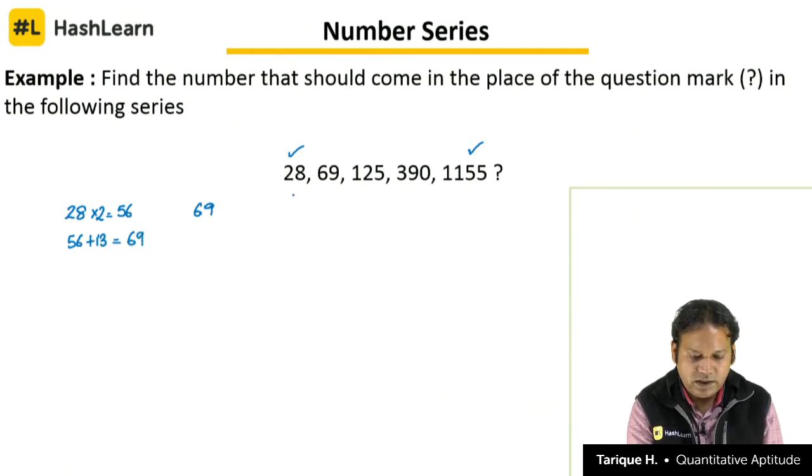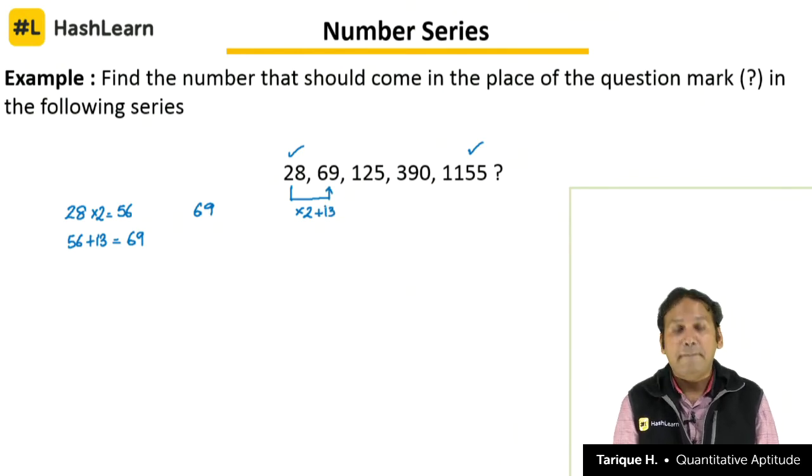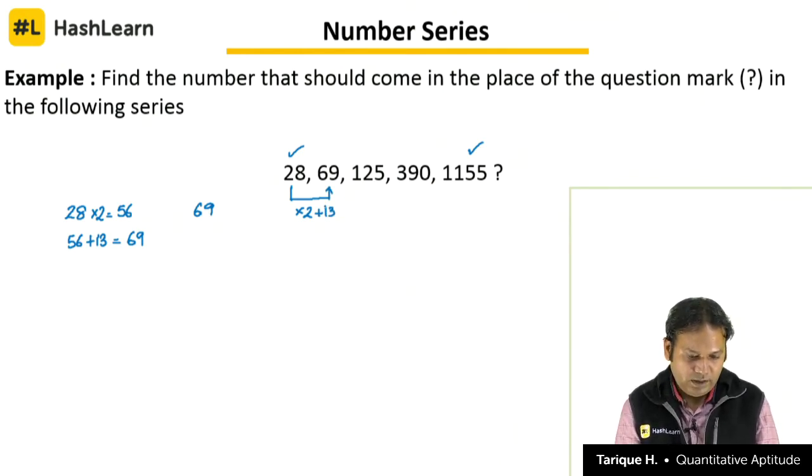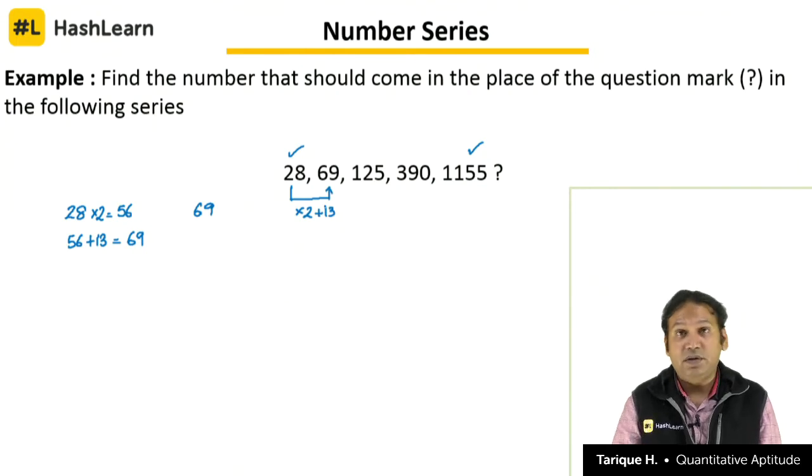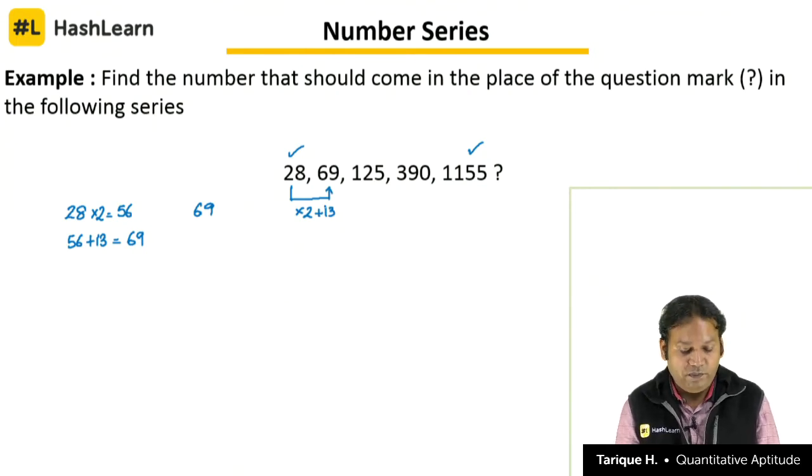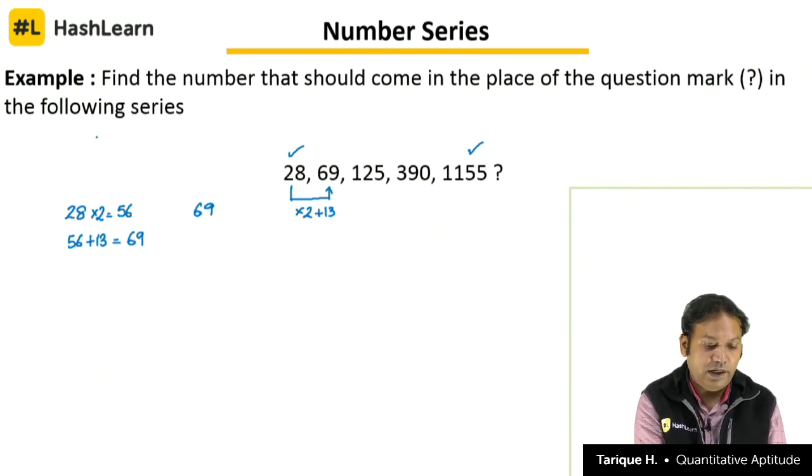So we can say, okay, this number 28 and 69 can be linked as into 2 plus 13, correct? Into 2 plus 13. If I take 28 into 3, it will become 84, 84 minus 15, that is also one way I can look at it, into 3 minus 15, but okay, let us see